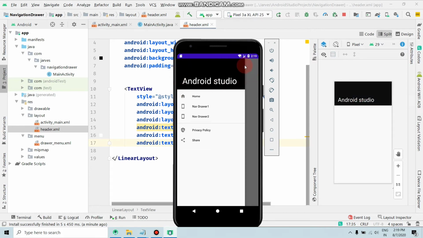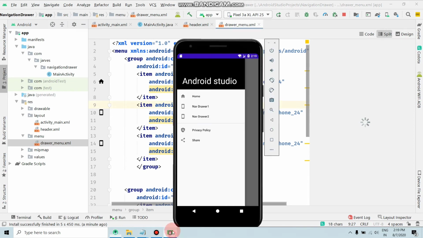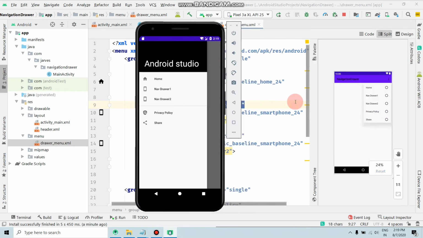This portion will be customized only from this file. And this is the drawer menu. As you can see, the drawer menu is here: home, navigation drawer 1, navigation drawer 2, privacy policy, share, and here is the portion, as you can see.